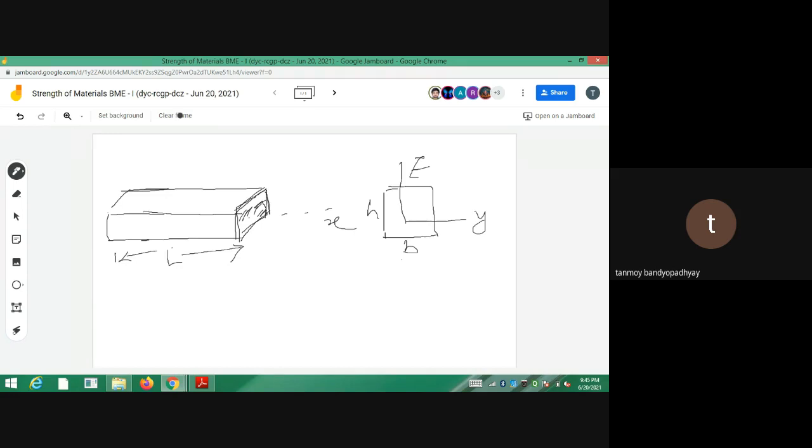So what is plane stress? What is plane strain? That is a part of our syllabus, which we will be discussing in the next chapter. So for plane stress conditions, we assume that the transverse dimensions like b and h are much smaller compared to the length dimension. These lateral dimensions are much smaller compared to your longitudinal direction. This is number one. Now, how the beam is being fitted and how it's being loaded.